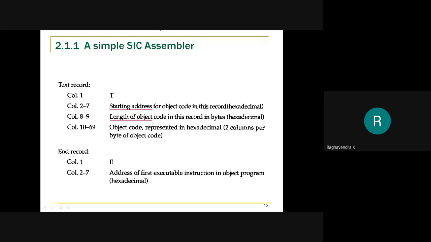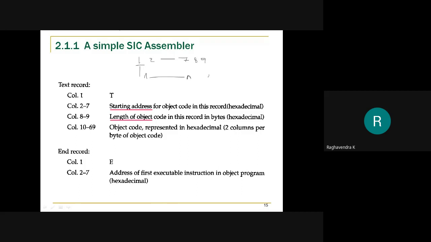Next is column number 8 to 9. So we have T in column 1, the starting address of the object code in that particular record in columns 2 to 7, and then columns 8 and 9.